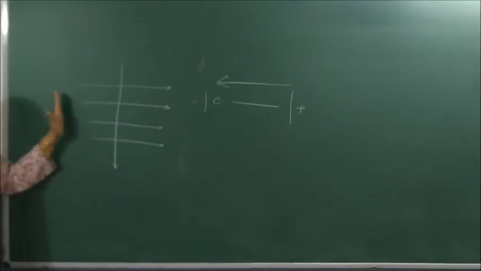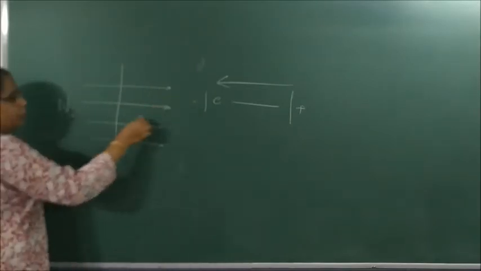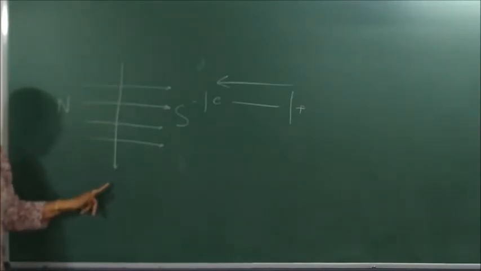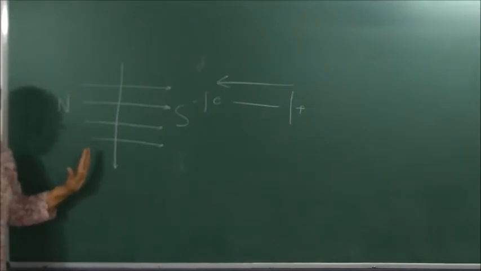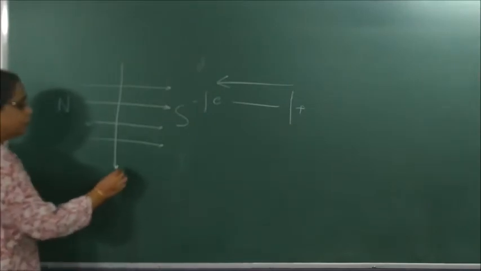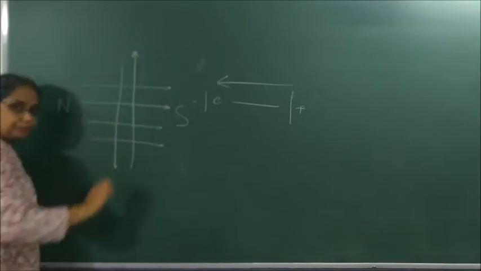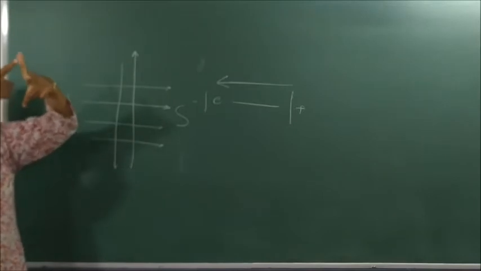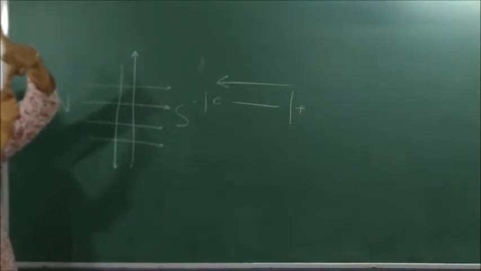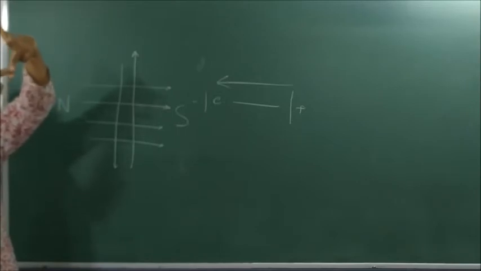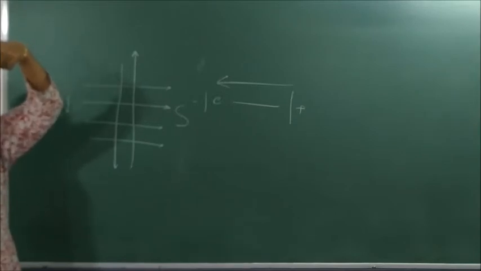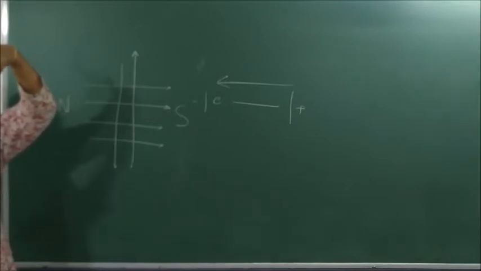In the same way, if this is a uniform magnetic field, that means it is moving from north to south. Correct? Now what happens? An electron enters like this in a magnetic field. It experiences a force. So what is the direction of the current? The direction of the current is like this. Now which rule do we apply? Fleming's left hand rule. What is Fleming's left hand rule? Stretch your thumb, your forefinger and your center finger in such a way that they are mutually perpendicular. Then the thumb shows magnetic force, the forefinger shows magnetic field and the center finger shows current.